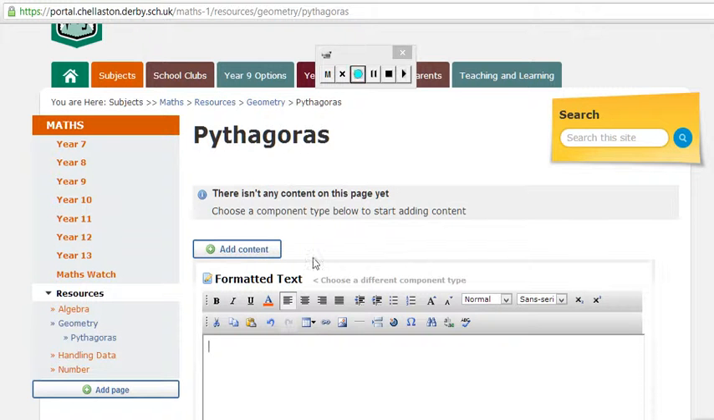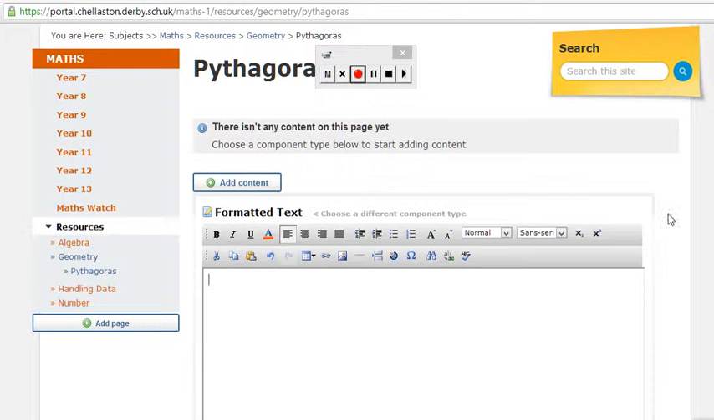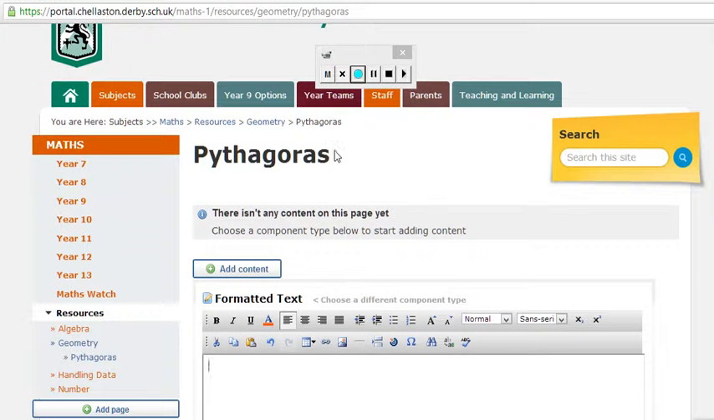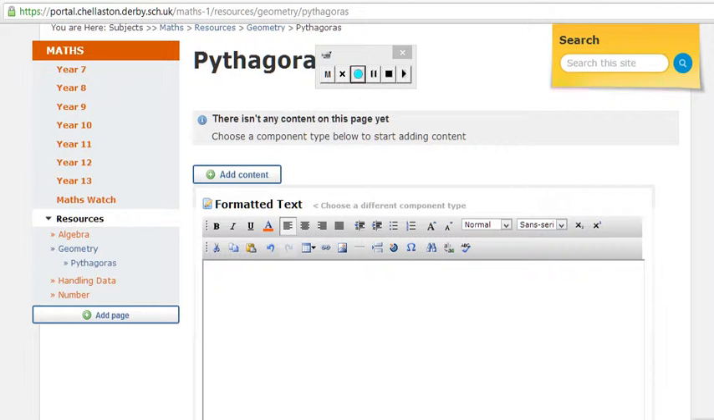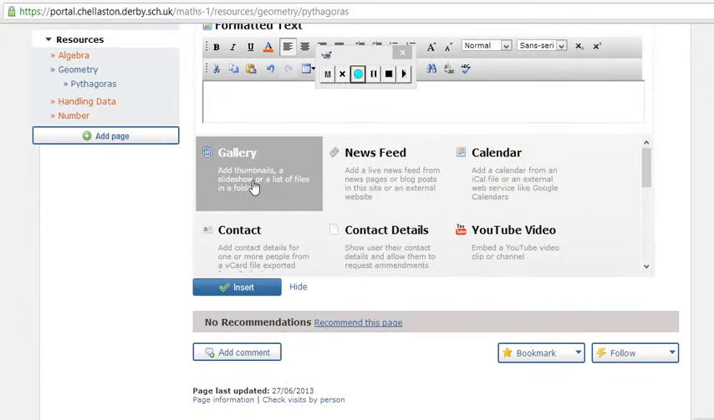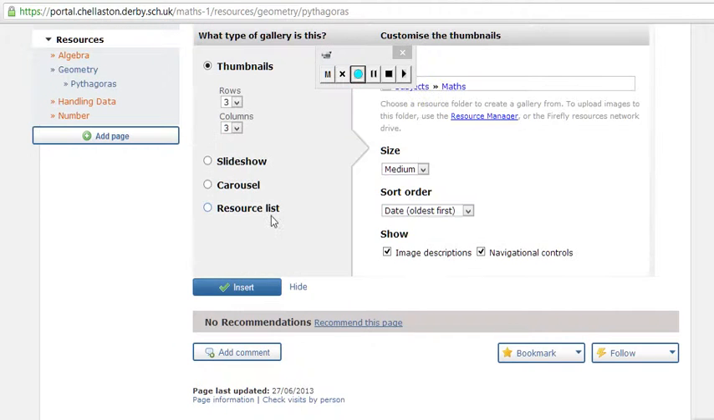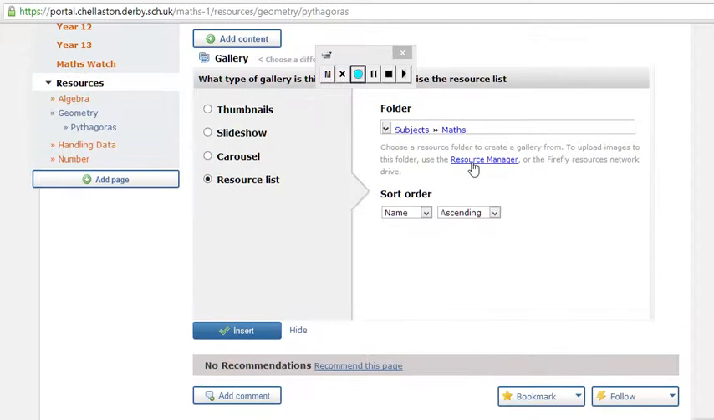Now, what we're going to do first is decide on some content to put in there. As you can see, it's already given a title for the page at the top up here, and now we're just going to start putting in some very basic links to specific files that I want. So I'm going to go for a gallery. See a gallery here, and we're going to choose resource list. When we've got resource list, we're then going to click on the resource manager,